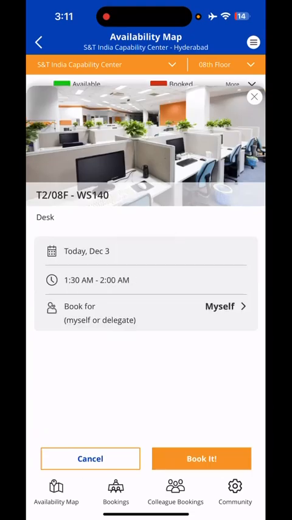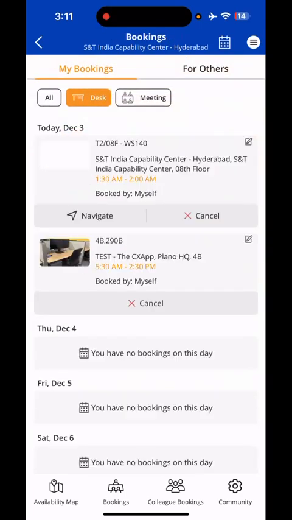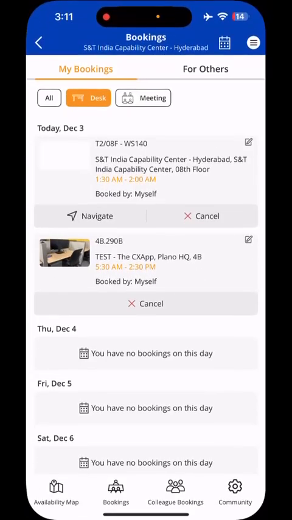At this time, there's one other thing that I want to highlight, which is the book for. You can either book for yourself or you can book for a delegate. A delegate is a user who has allowed you to book on their behalf. That can be set up in the colleague booking section here, and we'll take a look at that. Right now, I'm just going to book for myself. And if we were to go into the colleague booking here,